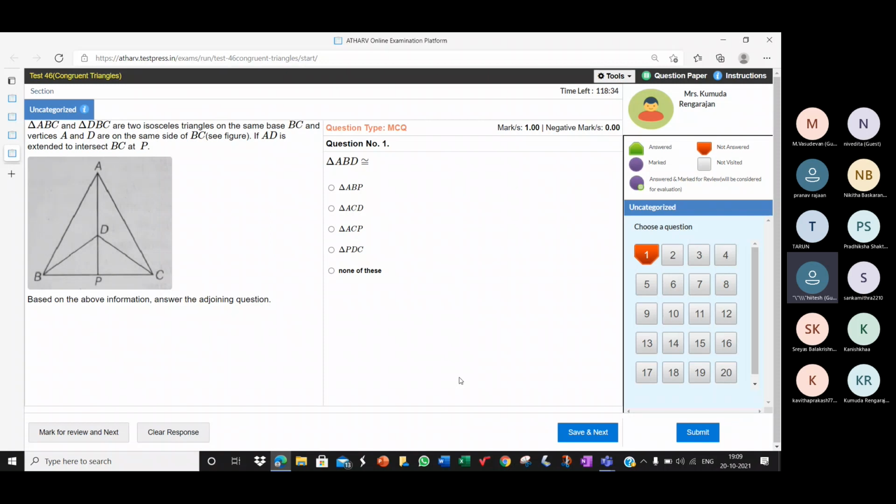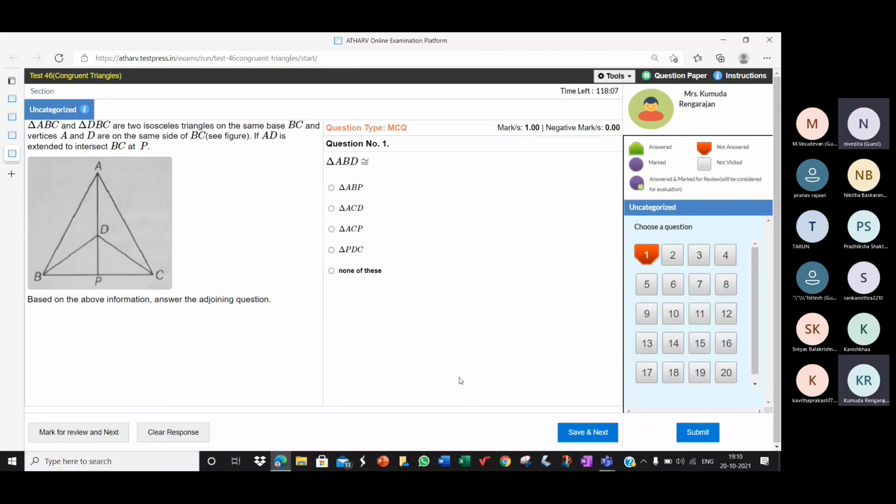AB is equal to AC, ma'am. How do you know that? Because it's an isosceles triangle, ma'am. The opposite sides are equal in an isosceles triangle. So AB is equal to AC. Need not be. AB can also be equal to BC. AC can be equal to BC. What makes you conclude that AB and AC are the equal sides?